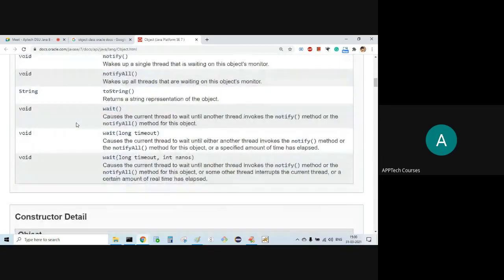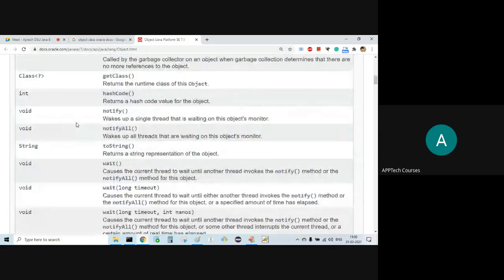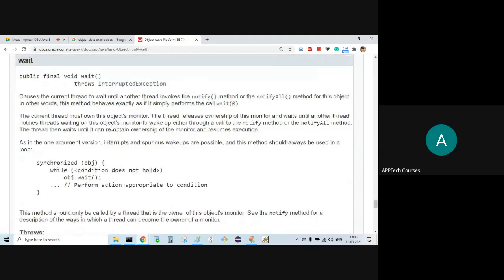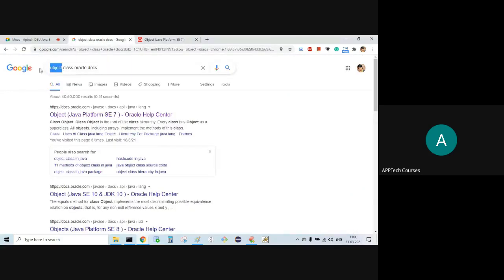In the Thread class, that is static. But here, it is non-static. In the Thread class, I'll show you.